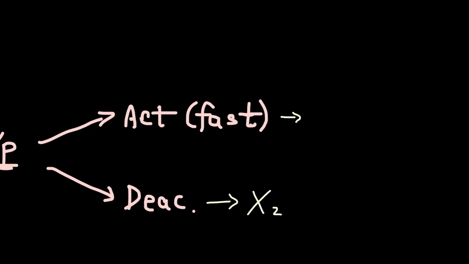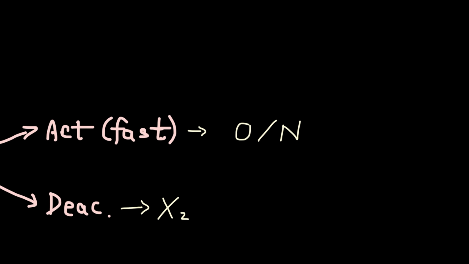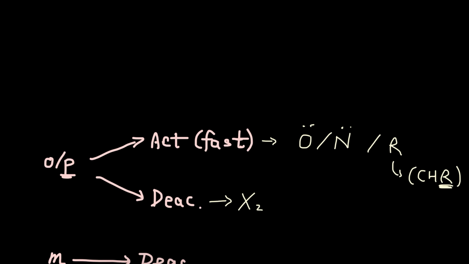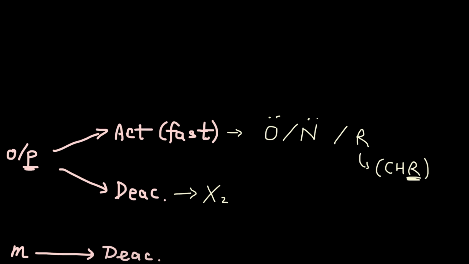Now the activators typically have some sort of lone pair on it, so that usually looks like an oxygen or a nitrogen bonded to the benzene, or an alkyl group, which is a hydrocarbon, but there can be other non-hydrocarbon things on the other side of a hydrocarbon, but we'll get to that in a bit. Essentially, these ortho-para activators, they have O, N, or an alkyl bonded to the benzene, and one thing